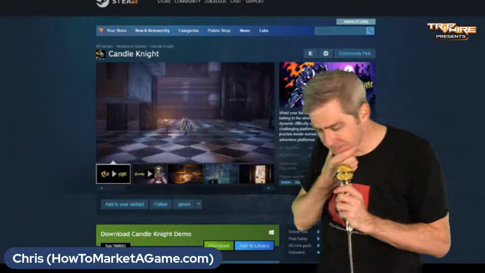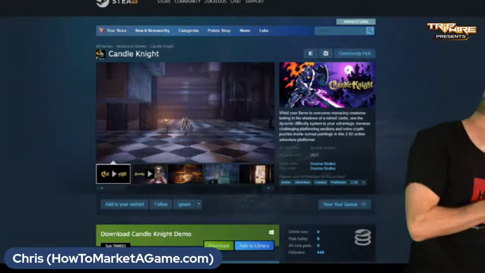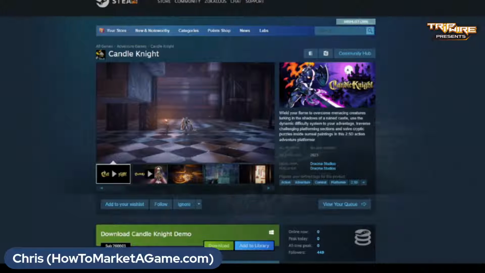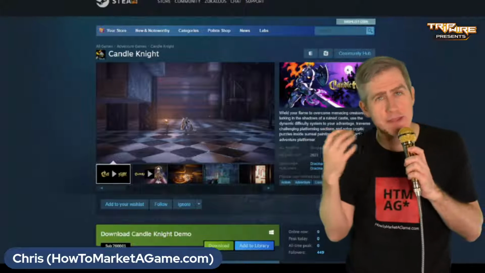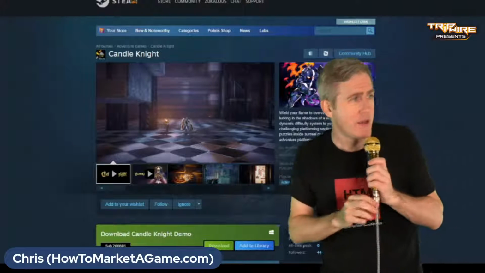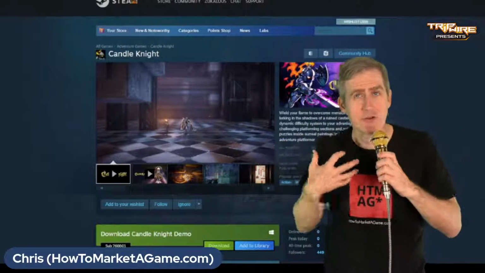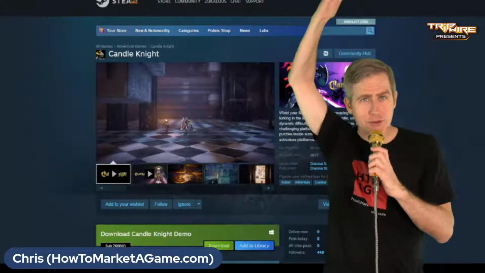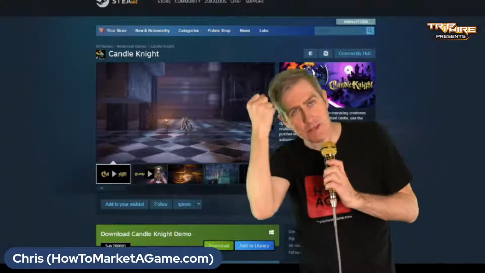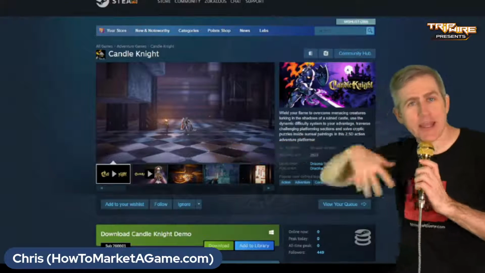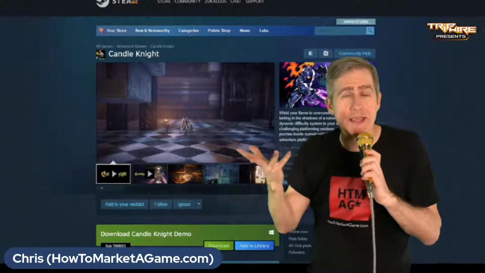Now here's the thing with Candle Knight that I'm not quite there. It looks like a beautiful game, but I don't quite know what the hook is, and I think this game needs to kind of work on the hook. Now, Candle Knight sounds kind of cool, but I don't get why. Is he literally a candle, or what's the deal with the candle? When you have a lot of health, is your candle bigger and brighter, and then as you die the flame starts to fade, or do you use the candle? I would expect to hear about what being a candle is unique about this game.